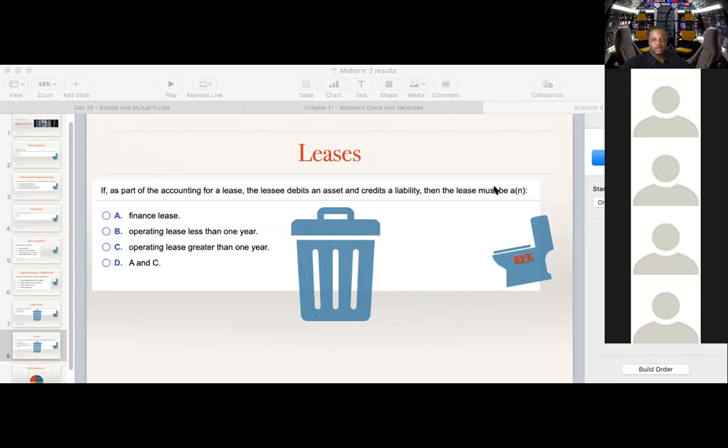Can you go back to the revenue question real fast? Yeah, is that not what you're seeing right now? No, I'm seeing the leases from the test. Oh,